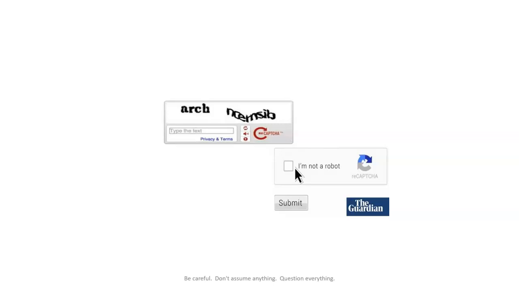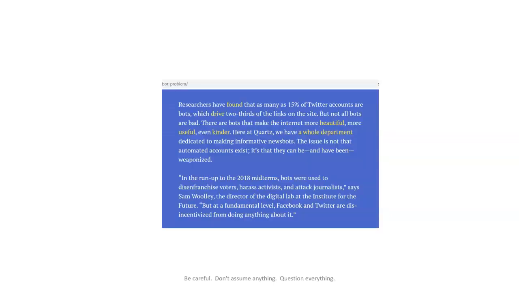And just recall that Elon Musk is looking at buying Twitter. It looks like he's maybe going to do it this time. But he tried to back out of his initial offer by saying there were too many bots. And he wanted Twitter to enumerate how many of their users are really not humans, but bots. And I don't think he ever got an answer from Twitter, but half of online traffic is bots. So when you talk about impressions, half of impressions are bots, more or less. All right. What does that tell you? Be careful, don't assume anything, question everything, my friends.